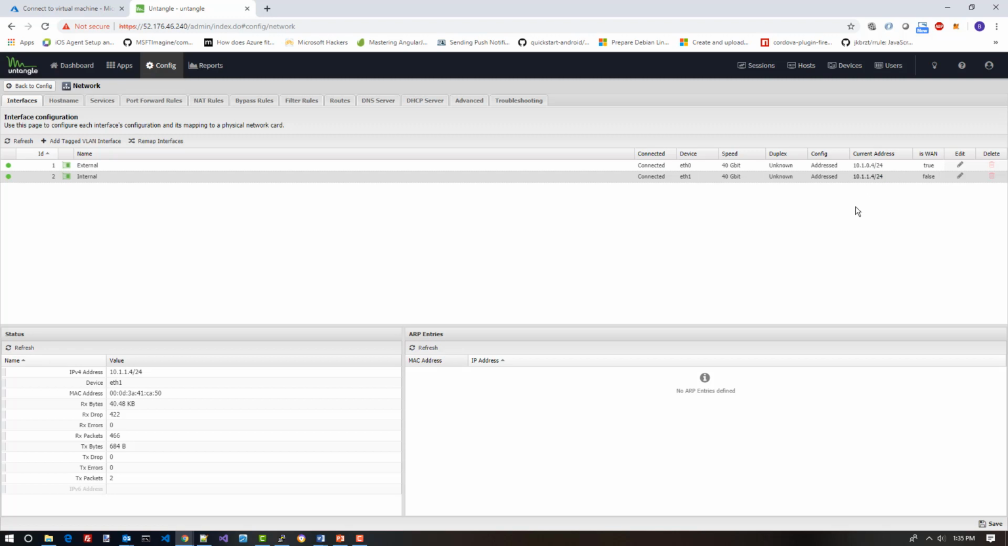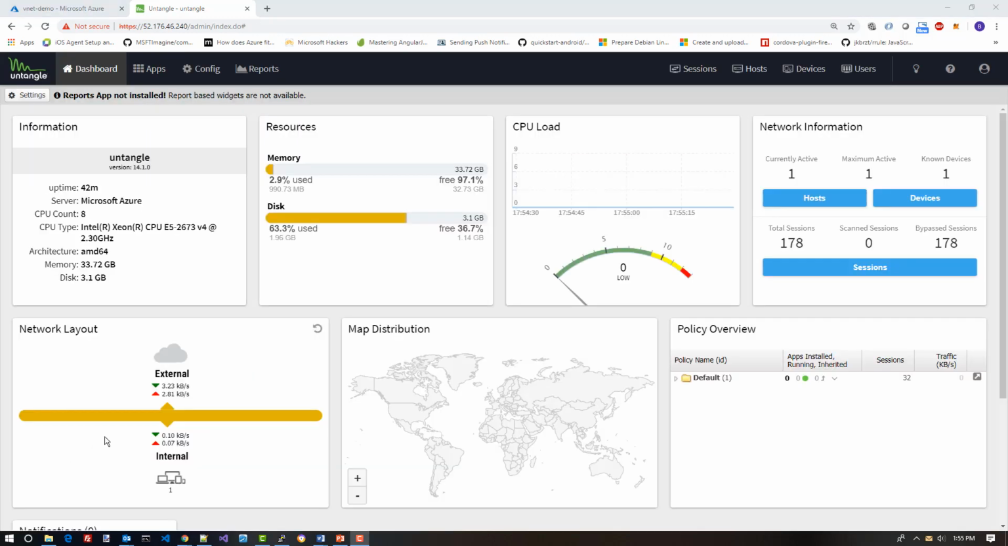So let's go ahead and create another virtual machine and see what it looks like on its IP configuration and see if I can get through the internet using this virtual appliance. So what I have here is the actual dashboard for my Untangle appliance, my virtual appliance that I deployed. And notice it has a known device. It's got some devices that have been connected to it, and that's really the Ubuntu virtual machine